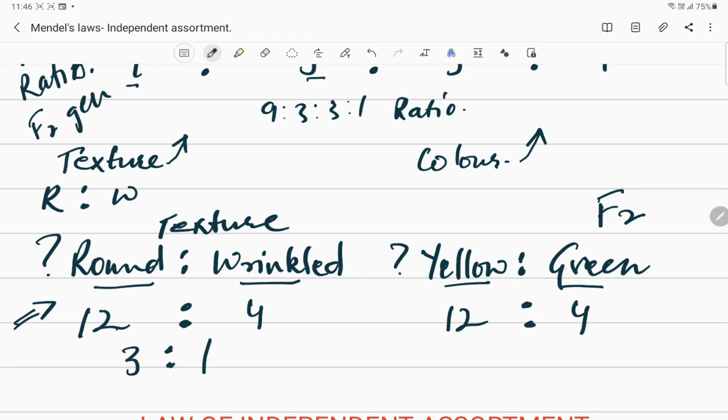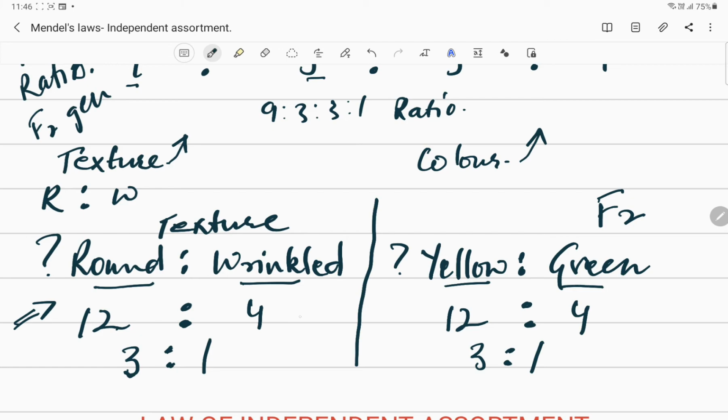And what is the ratio here for color? Yellow is to green is, again, if you simplify it, 3 is to 1. So just recall what was the ratio at the end of the monohybrid experiment. Isn't the ratio the same as that before, the phenotypic ratio? 3 is to 1. What does this mean? Now, this will make certain sense. And the sense is